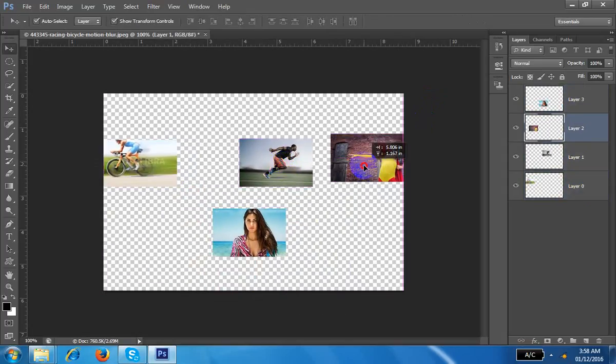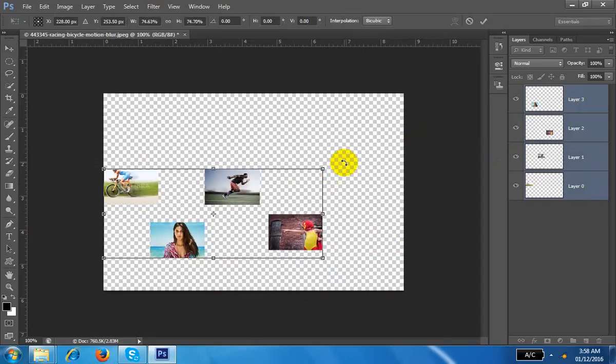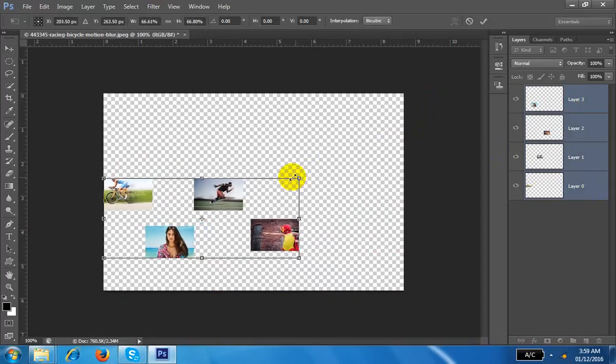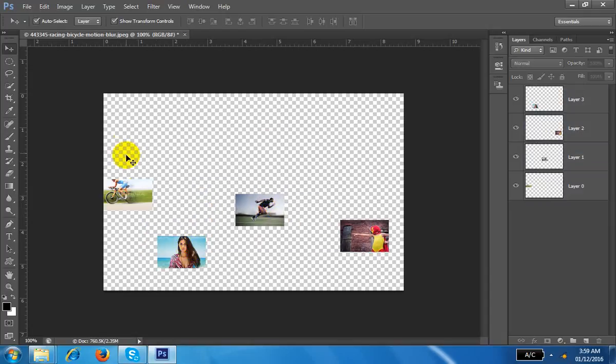So 1, 2, 3 images. Okay. I want to make the alignment here. For the alignment, I need a little bit more place. More large. Good. It's great. 4 images. Select all the files. You can also drag all the files to select them. I am doing all this from the Move tool. Understand? Today I don't use any other tool. I am always in the Move tool. Select this image. After selection, here you can see that all the documents are selected.